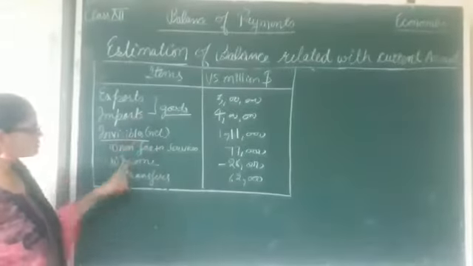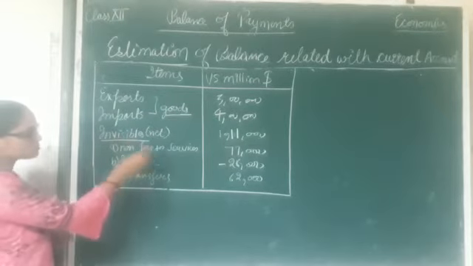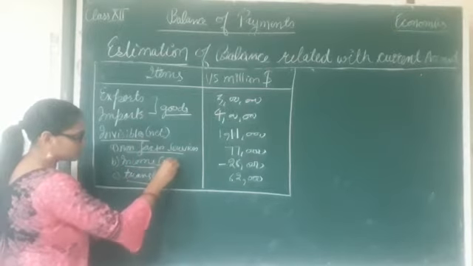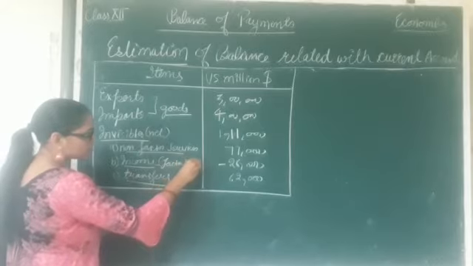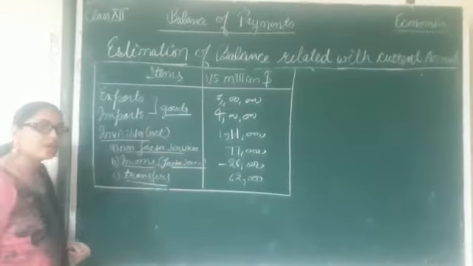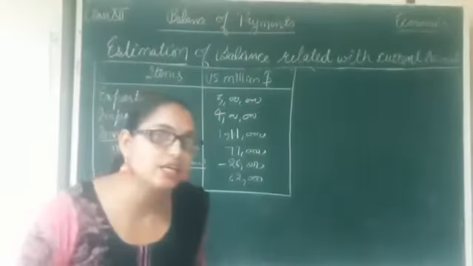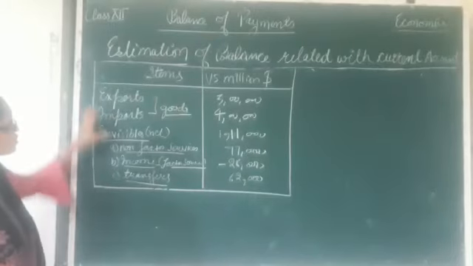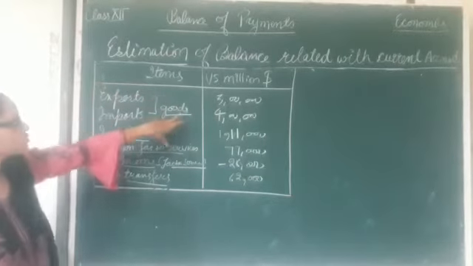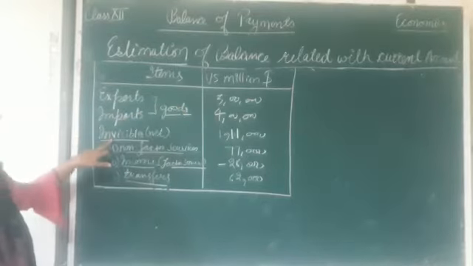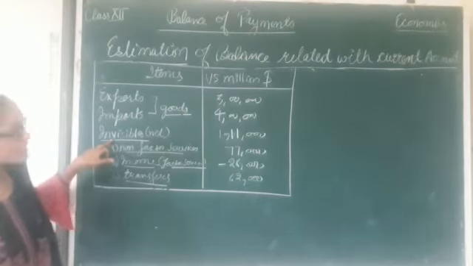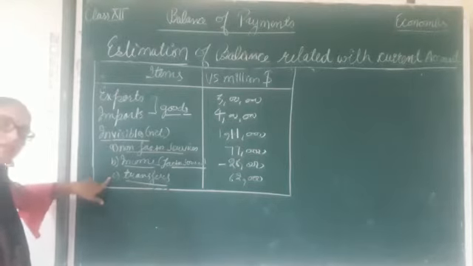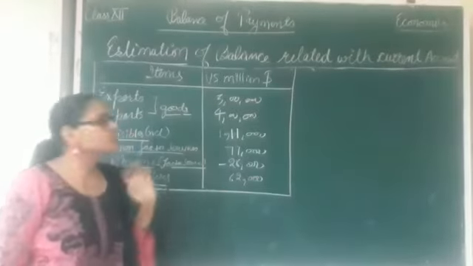Now here it is categorized that invisibles include non-factor service, income and transfers. Income means factor services, because whatever is earned by the factors of production is known as income of factors of production, and that is for factor services. Clear? So this is the categorization. This is how we come to know that export and import are of goods only. Invisibles include services as well as current transfers. Services means both factor and non-factor services, and transfers means current transfers. And these are the values given in US million dollars.